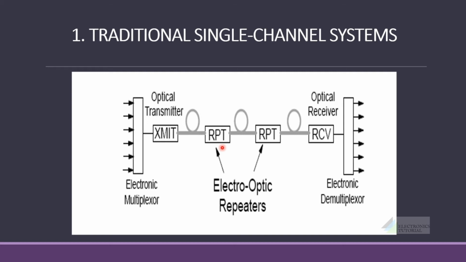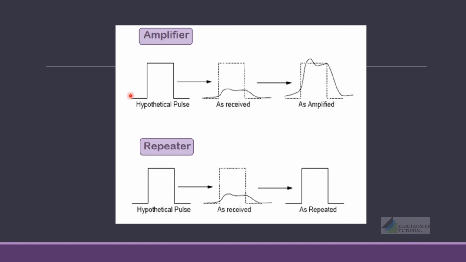What is the difference between a repeater and an amplifier? Here we can see an input pulse. After traveling a long distance, there is chance for the pulse to have some losses or distortions. If we are inputting this pulse to an amplifier, this amplifier will raise the power level of the input signal and we'll be getting an amplified output. But we can see here, even though the signal has got amplified, the distortions in the signal are remaining as such. But in a repeater, we will be getting an output pulse that is very much similar to that of